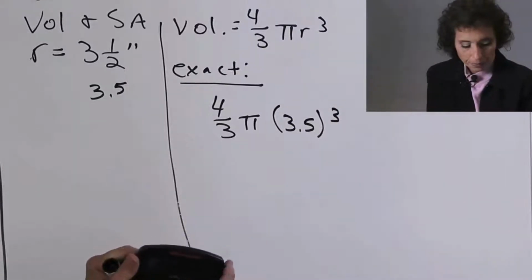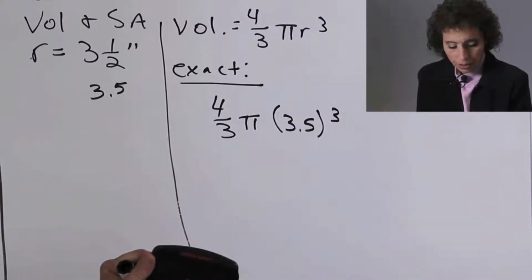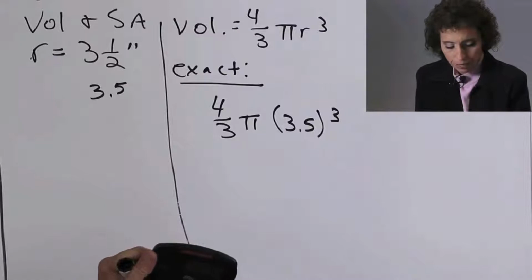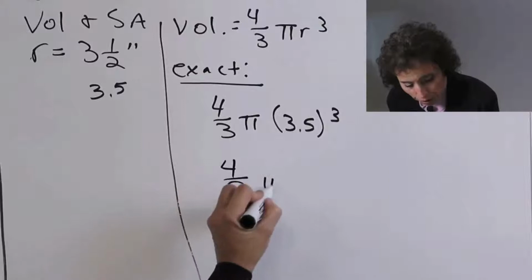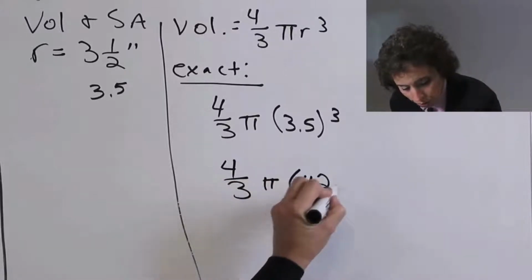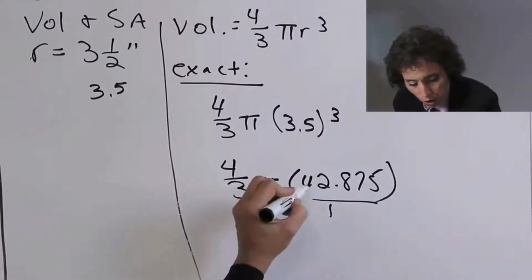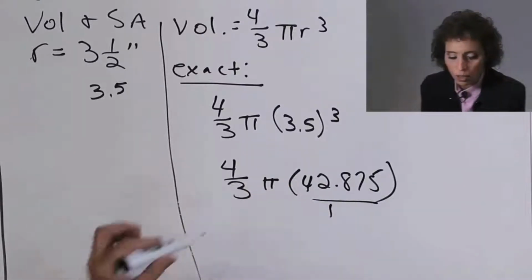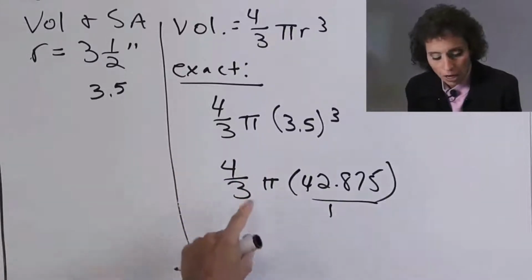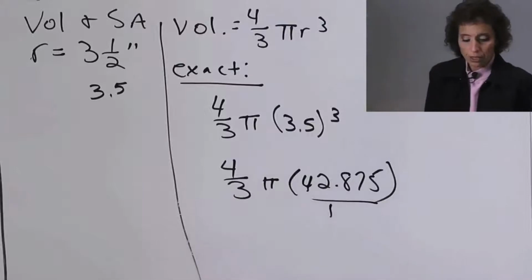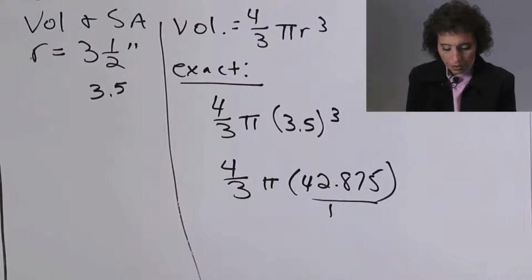So here we go. 3.5 times 3.5 times 3.5. And we get 4/3 times pi times 42.875. Now, I'll tell you what I would do. I would put 42.875 over 1, and I would multiply 4 times that and then divide it by 3. Okay? 4 times that, divide by 3. Here we go. So we're going to multiply that by 4, and I get